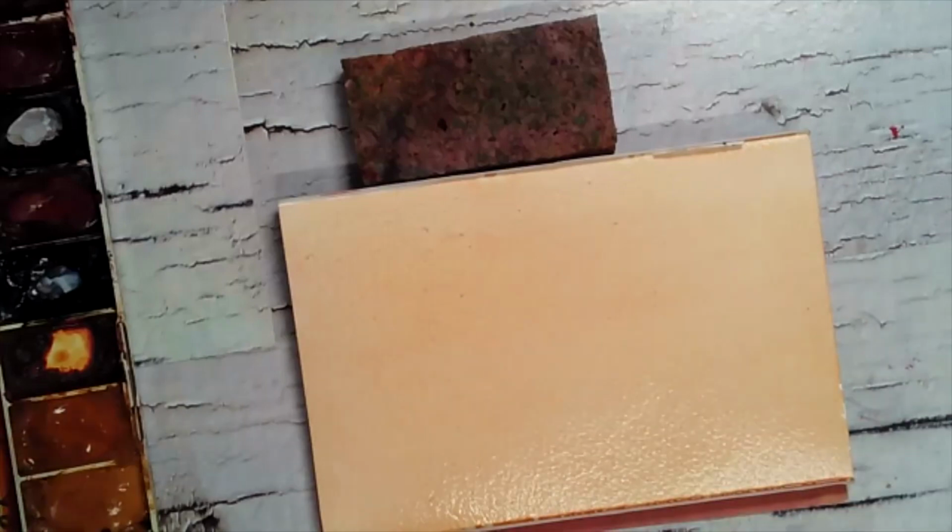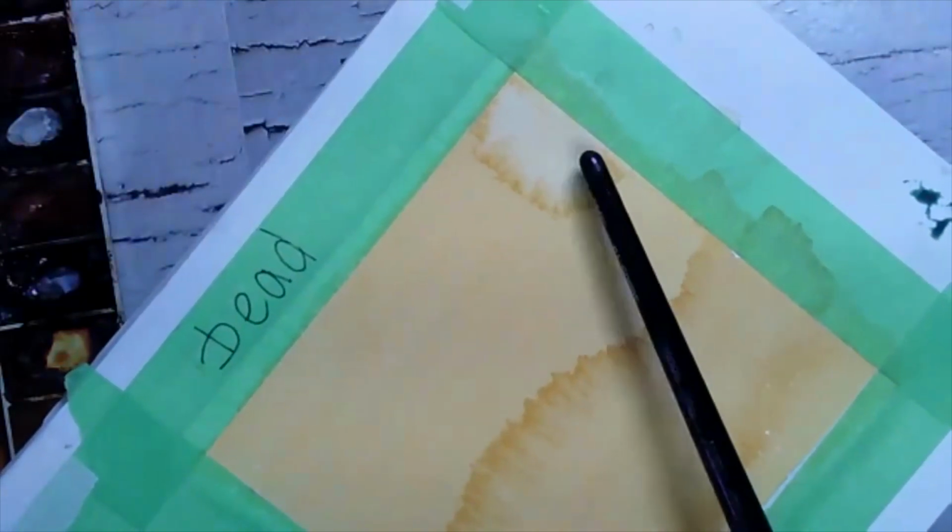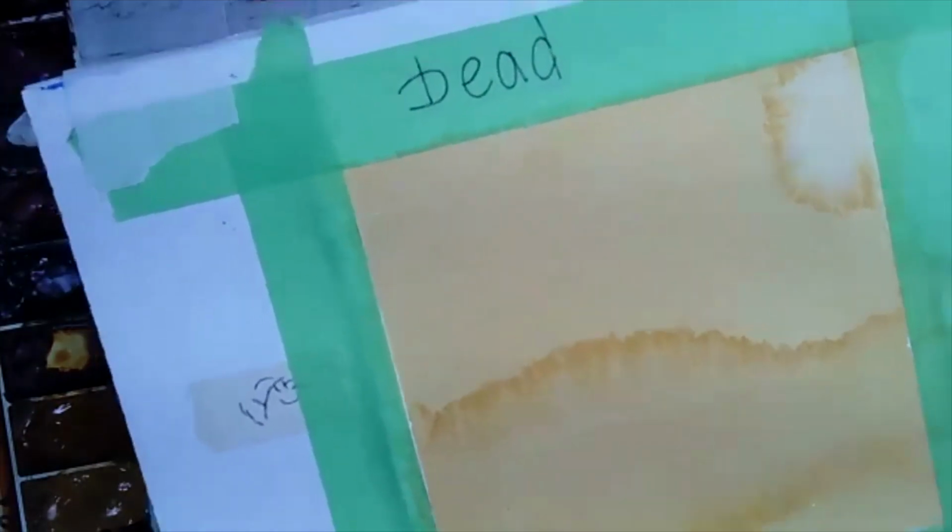stroke anywhere. Now this one's starting to dry, and it may look dry, but if I put wet paint or water on this right now, this would happen, because it's not completely dry. It's not ready for the second layer. It's just what we call damp. And damp is the most dangerous time. Damp is when you get this happening, blooms. If you put wet paint on damp paper, you will get these kinds of blooms, which if you were doing,